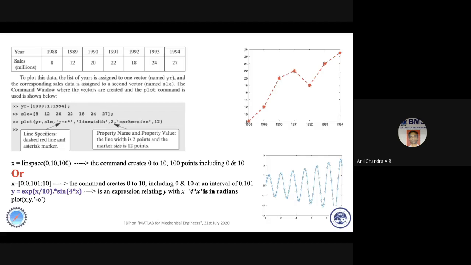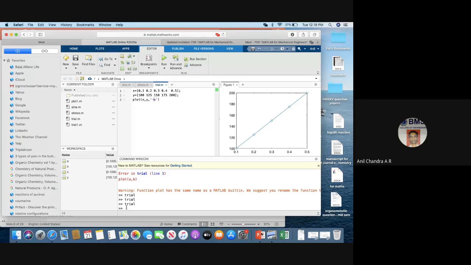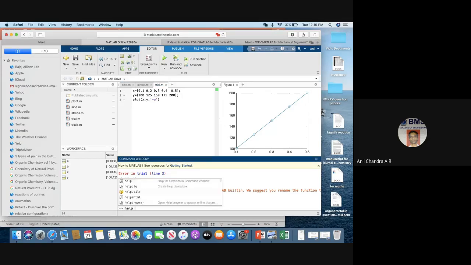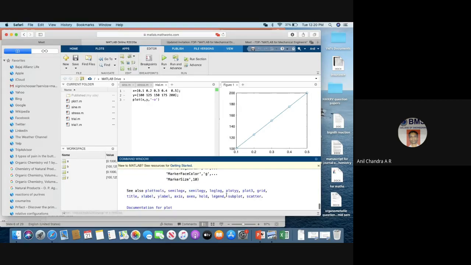The best way to learn this syntax is to go to MATLAB and ask it to help you. You see various types of plots that MATLAB can plot and how the syntax is to begin. This is what I was saying.